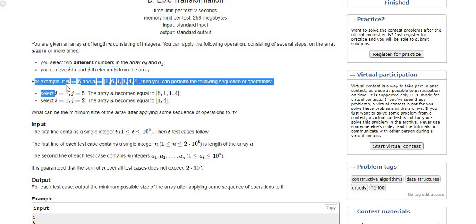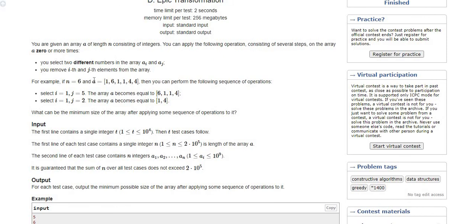So for example, if n is equal to 6 and this is the array, the numbers are 1 6 1 1 4 4. Then how can we perform the sequence of operations? We cannot delete this 1 and this 1, or these two fours in the same operation.